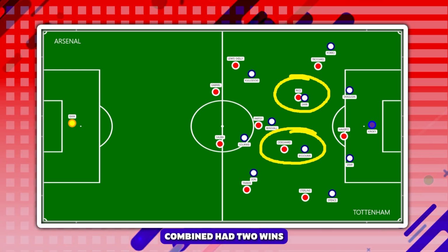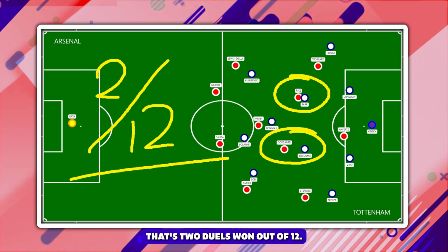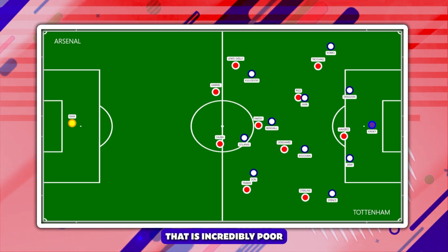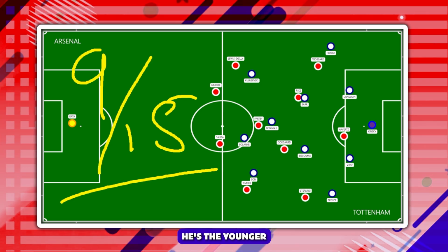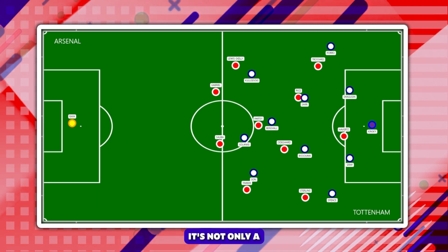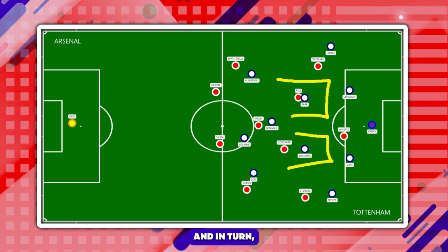Sarr and Bissouma combined had 2 wins in terms of duels out of 12. That's 2 duels won out of 12. That is incredibly poor. To contrast that, Bergvall actually had 9 out of 15, which is much better. And when you consider he's the youngest statesman of the group, he's only 18 years old, it's not only a shining endorsement of how good Bergvall is, but it showed how much Sarr and Bissouma really struggled, and in turn,